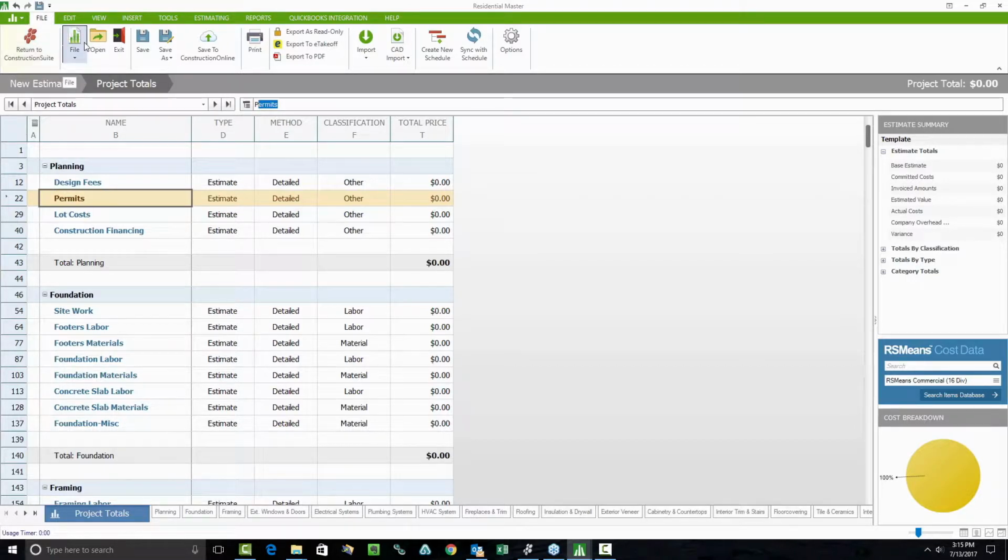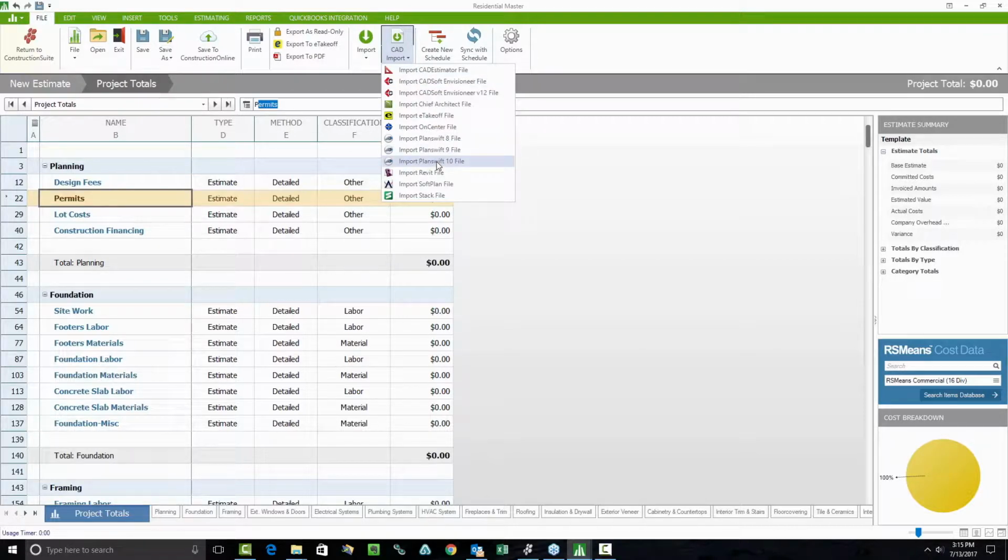File menu is where you go to save, print, export, or import for various different file formats. If you're using the Premier or Catalyst version of ConstructionSuite and above, you'll also find your CAD imports here as well. So if you use takeoff tools like PlanSwift or eTakeoff or SoftPlan, you'll be able to import them from here. And most of them have a materials list that they'll generate, and that's what we're going to be